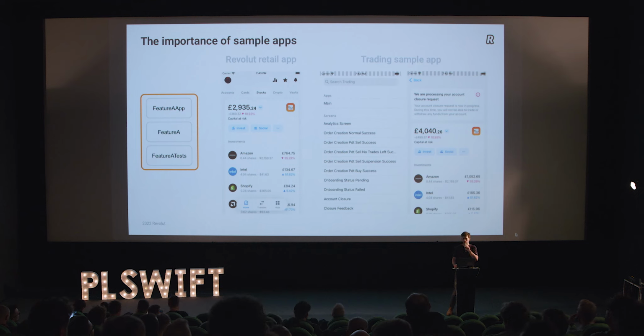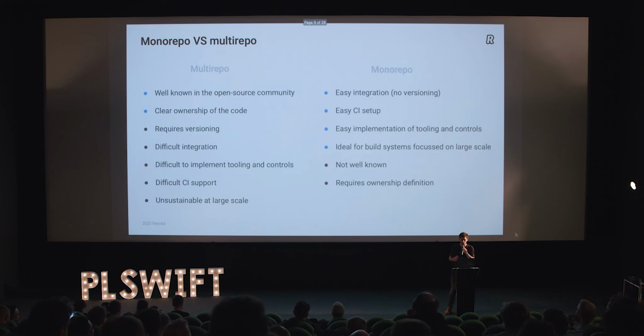So now that you're settling into modularizing, the next question usually from people is, okay, how do we do it? Are we going to go for multiple repositories or are we going to go for one repository? Usually, the first try is to go for multiple repositories, and this is basically because it's very well known in the community to have multiple repositories for the different libraries. If you look into the documentation from CocoaPods, from Swift Package Manager, everybody is explaining very well how you create a new repository, put your package there, and happy life.